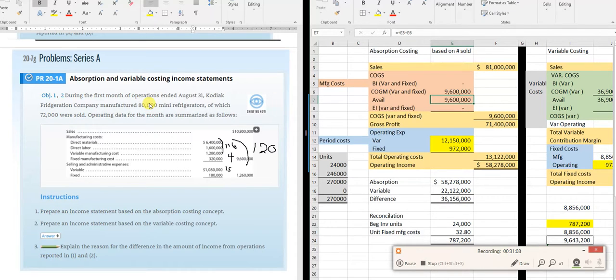So I have 960. Now let's do units here. I have beginning inventory of 0. I manufactured 80,000. So I have 80,000 units. 72,000 was sold. So if I want this to be 72,000 here, my ending inventory